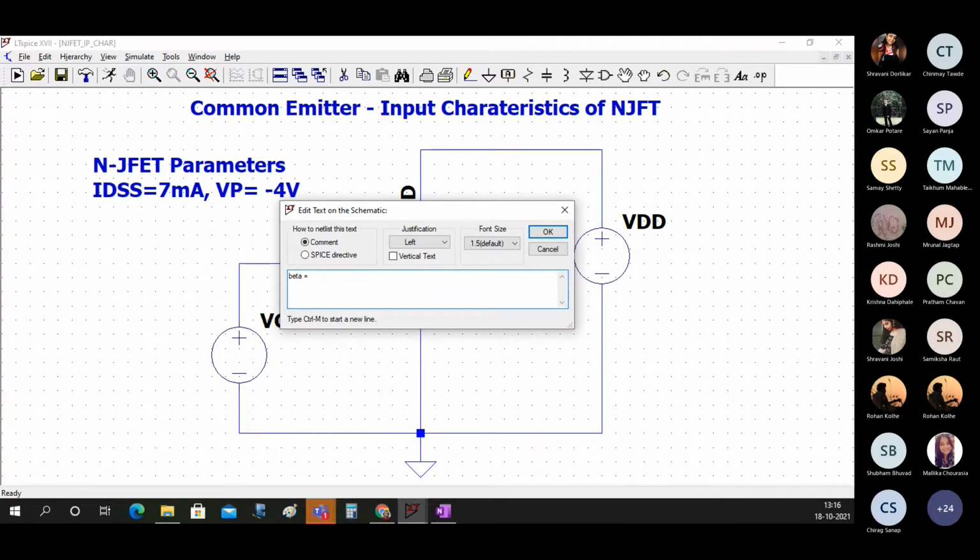The value of beta is IDSS divided by Vp into Vp, that is Vp square. Based on our calculation, 7 milliamperes upon Vp square, that is 16, what is the value?